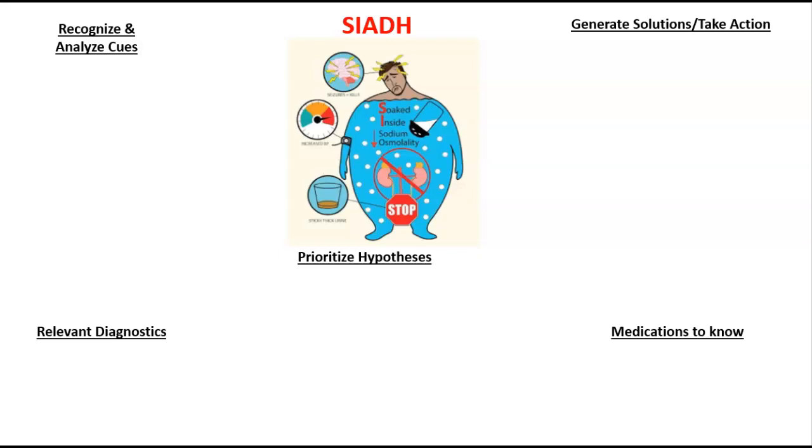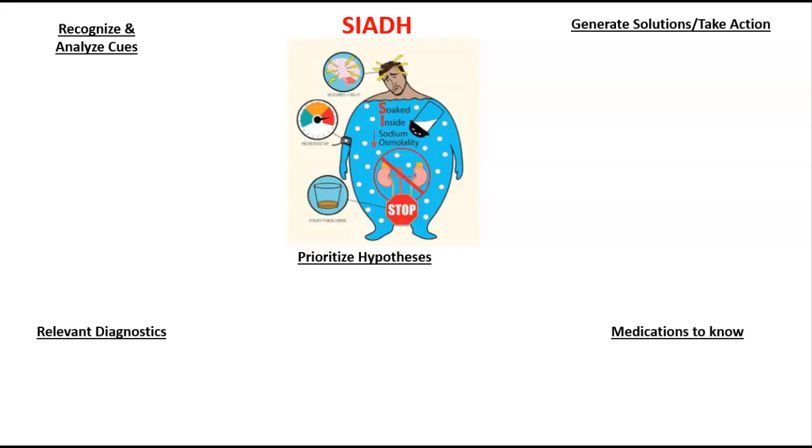Prioritizing hypotheses, these again are the most pressing possibilities, priorities, risks related to the solution, or risks if you don't do anything. Generating solutions and taking action, these are our goals, our expected outcomes, and our implementation. These are skills, procedures, collaborations, teaching, ethical concerns. I like medications in here, but just to help you guys study a little bit, I've separated medications out,